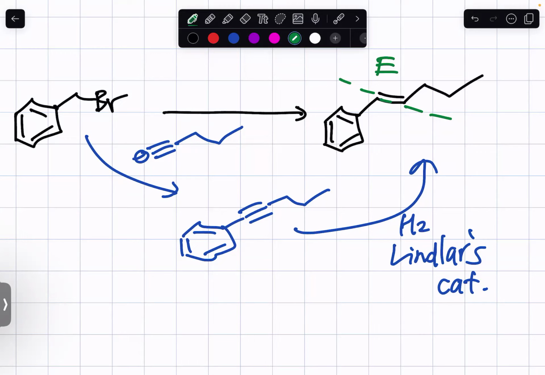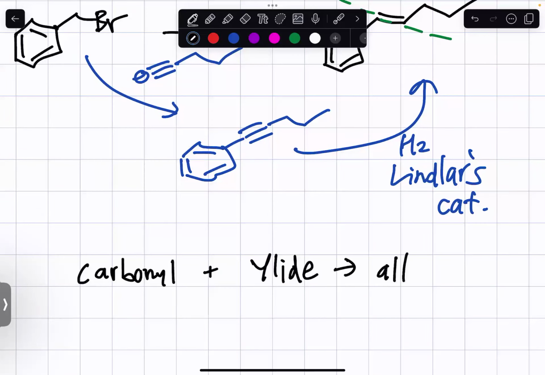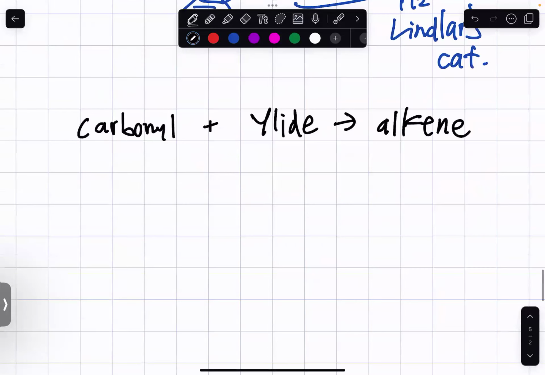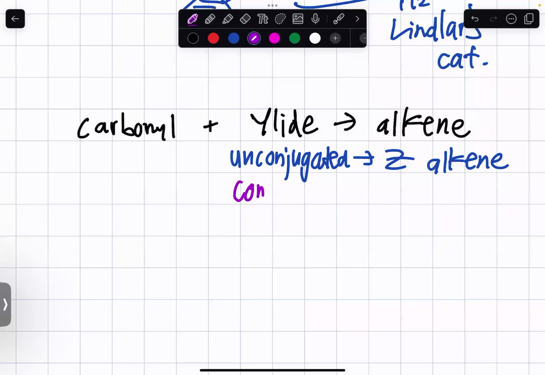So for the Wittig reaction, the two reactants are a carbonyl plus an ylide, and that will make an alkene, right? But we could make this more specific by saying that if the ylide is unconjugated and that reacts with the carbonyl, that will create the Z alkene. If the ylide is conjugated, then that would create the E alkene when it reacts with the carbonyl,